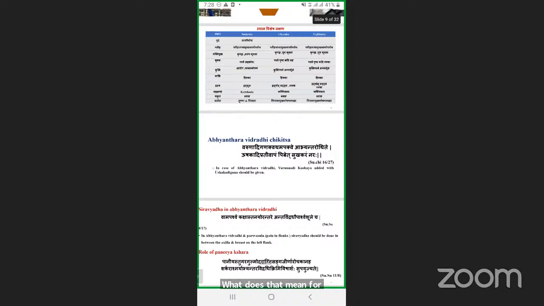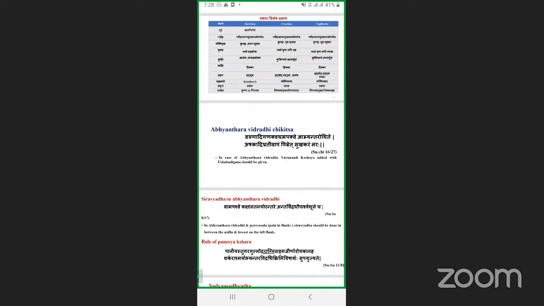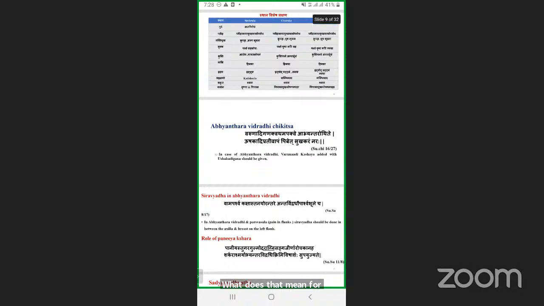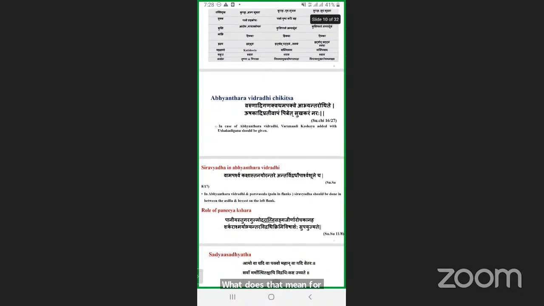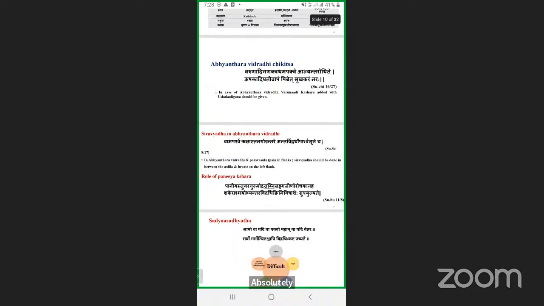Coming to Siravedha in Abhyantara Vidradi: Vama Parshva Kaksha Stanantarayo, Antar Vidradau Parshva Shule cha. In Abhyantara Vidradi, with Parshva Shula, Siravedha should be done in between the axilla and breast of the left flank. Coming to the role of Paniyakshara,